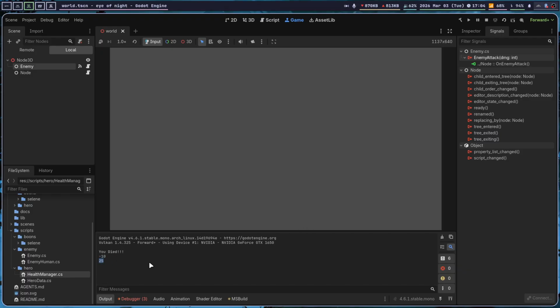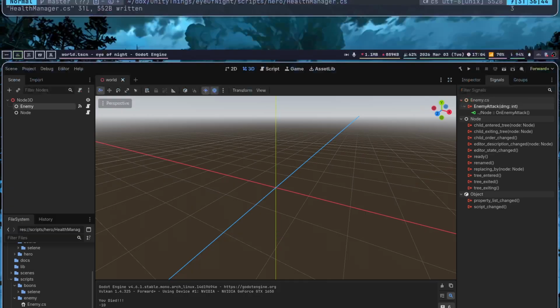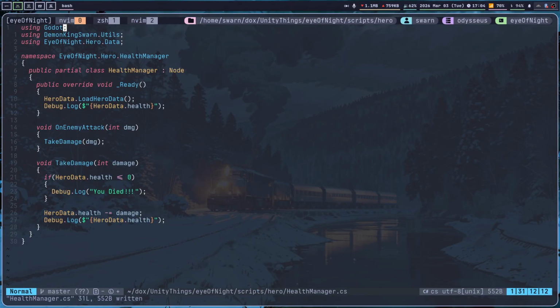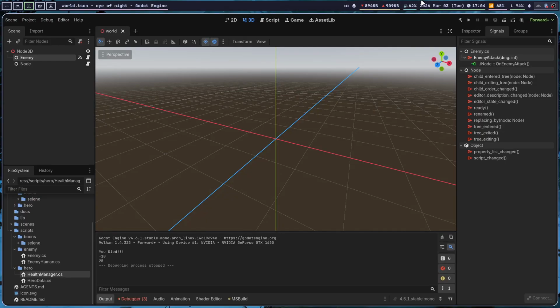Okay, now it's working. So now we can do this. Health equals hero data dot health minus damage, and then if we